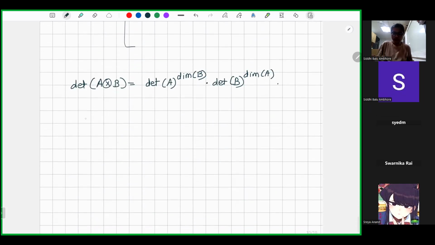So therefore the determinant of this, p sigma cross p tau, will be